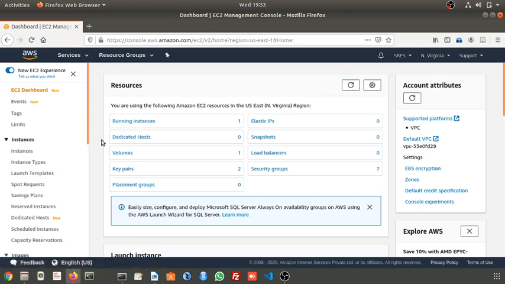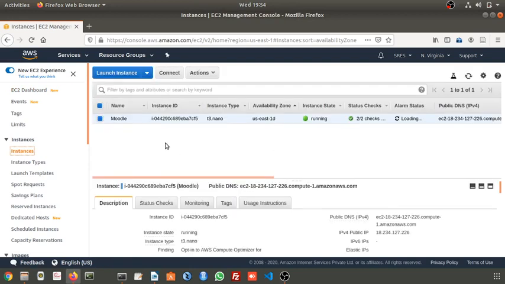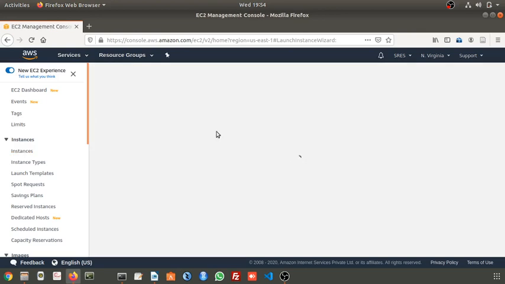If you want to create a new instance, you go to this Instances section. This instance is already running, so I don't want to touch it. We will ignore this portion right now. You go here and click on Launch Instance.